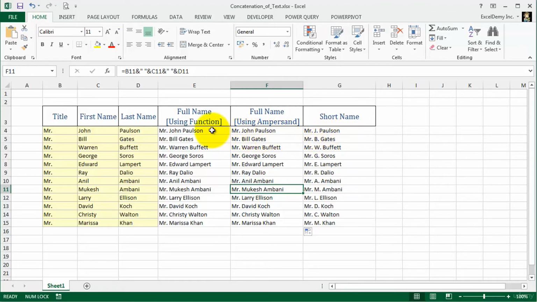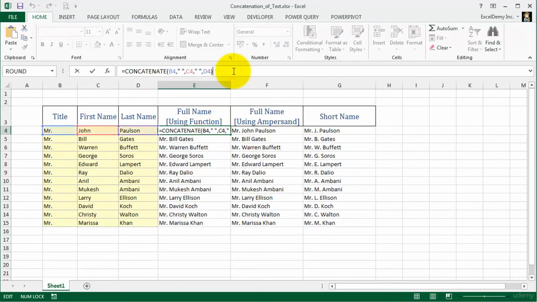Select the first cell in the full name with function column, then click on the formula bar. I like to use the formula bar to modify a formula as I get more space here to work with the formula. I want to show the first character of John. John is represented by cell reference C4 in the formula. You know, using the left function, you can extract any number of characters from the leftmost position of a text. Let's apply the left function on the cell reference C4. Type left, opening bracket. After C4, I place a comma, then input 1, then close the bracket.